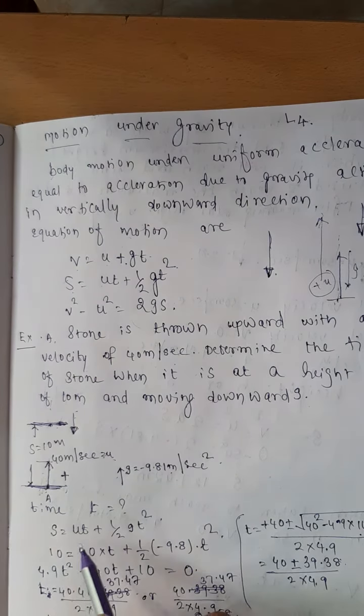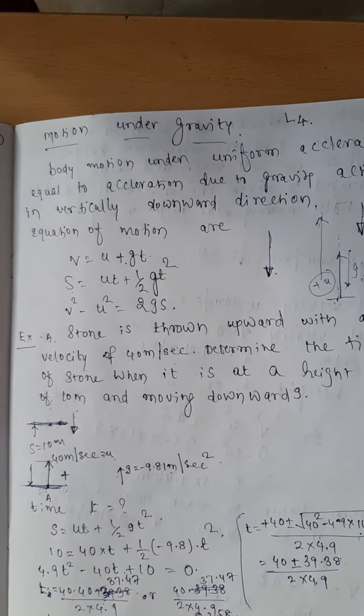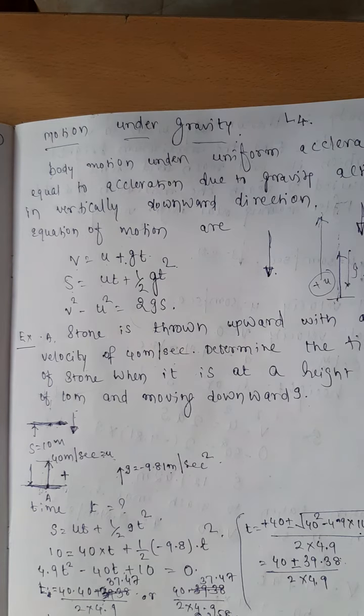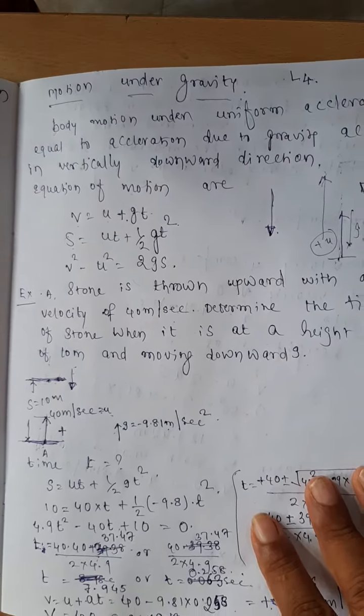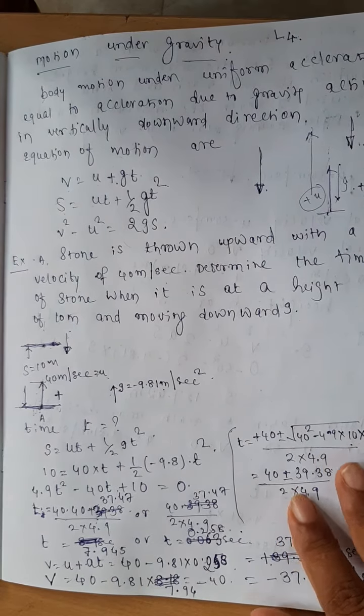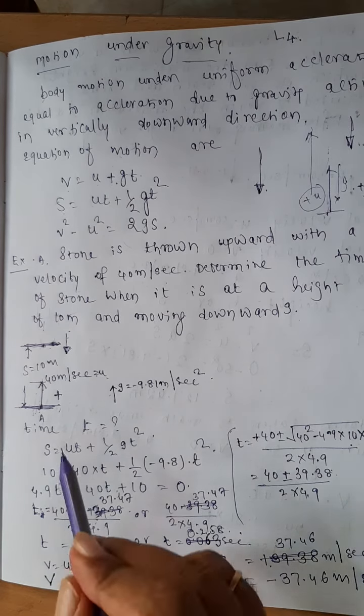By a little consideration, a little thinking over the answer will give you which time corresponds to the body moving in the upward direction and which time corresponds to the body moving in the downward direction. Otherwise we shall see when we solve the problem. I will explain which is upward or positive, downward, like that.